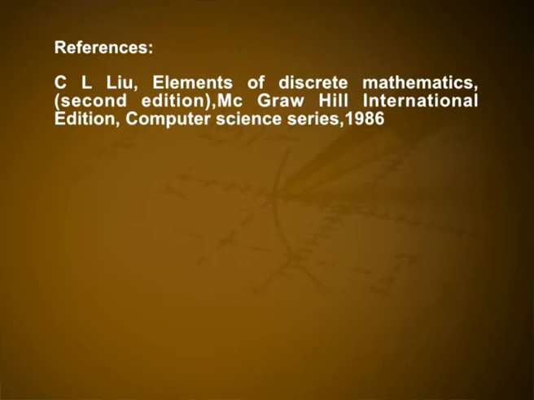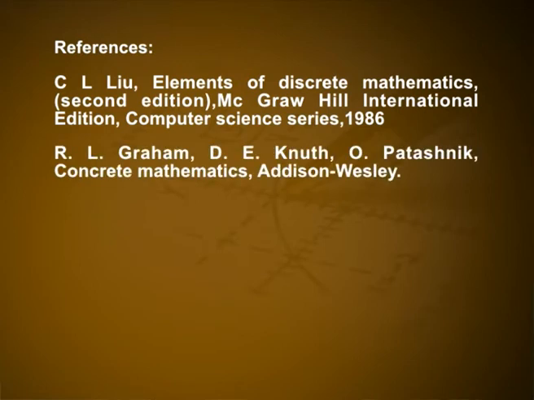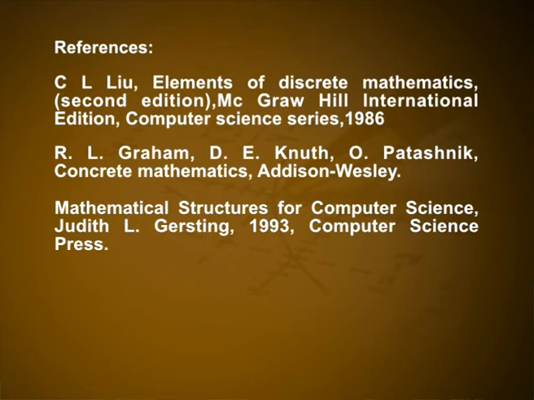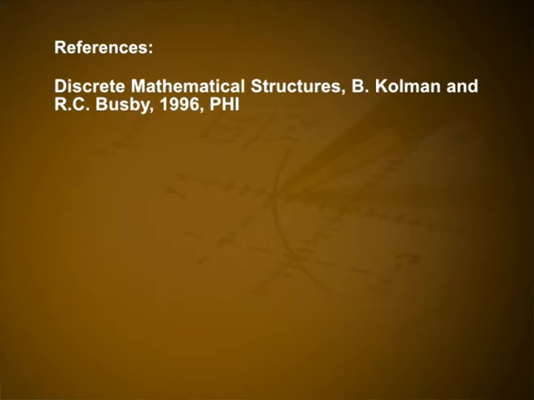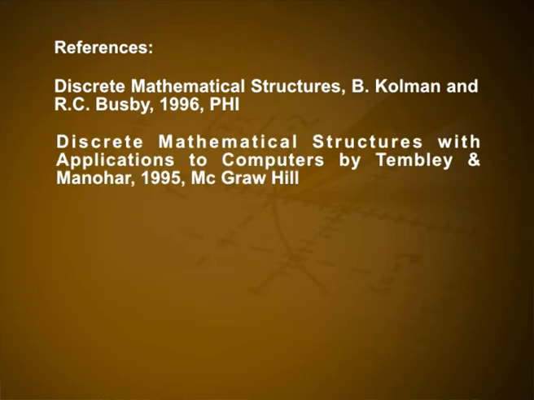Now, I can suggest some books for further reference. Elements of Discrete Mathematics by C. L. Liu, McGraw-Hill International Edition, Computer Science Series. Concrete Mathematics, a Foundation for Computer Science by Ronald Graham, Donald Knuth and Oren Patashnik. Mathematical Structures for Computer Science by Judith L. Gersting, Computer Science Press. Applied Discrete Structures for Computer Science by Doerr and Levasseur. Discrete Mathematical Structures by B. Kolman and R. C. Busby. Discrete Mathematical Structures with Applications to Computers by Tremblay and